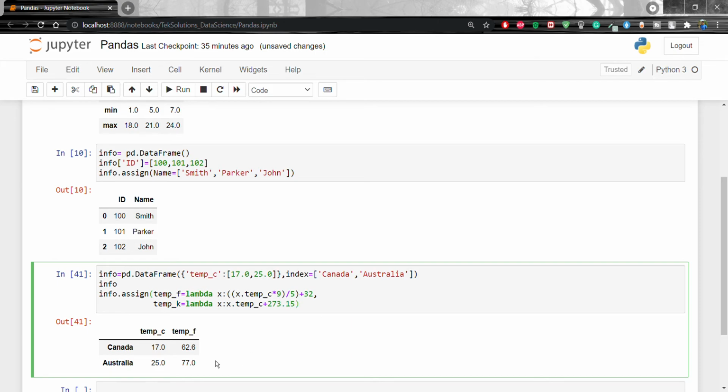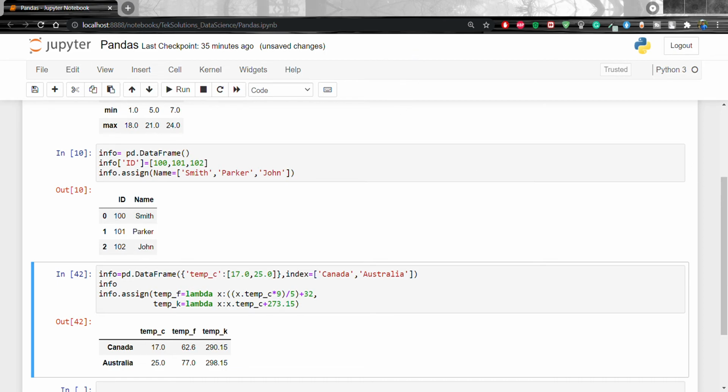So what will happen? Now they are going to convert temperature Celsius to Kelvin. Okay, shift enter, right? So 17 is going to be added with 273.15, that is 290.15, and same here. So this is clear. This is very important and also interesting. So that is how we apply the lambda function to a particular column, right?